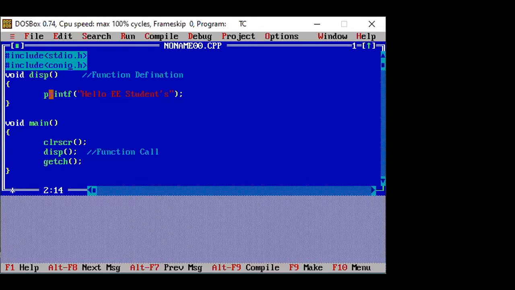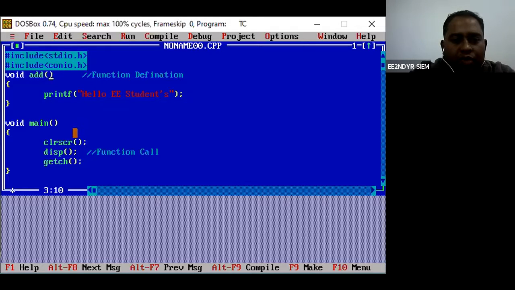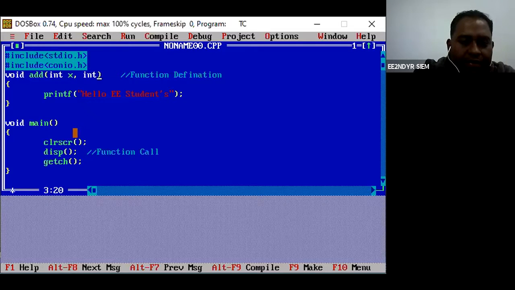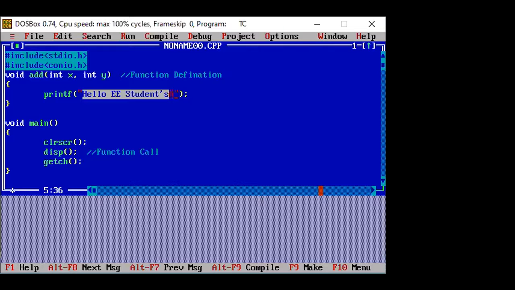Now what I'm going to do is change it and make it add, and I'll pass two arguments, that is int x comma int y. So I'm passing two arguments, and then it is going to write addition is percentage d.